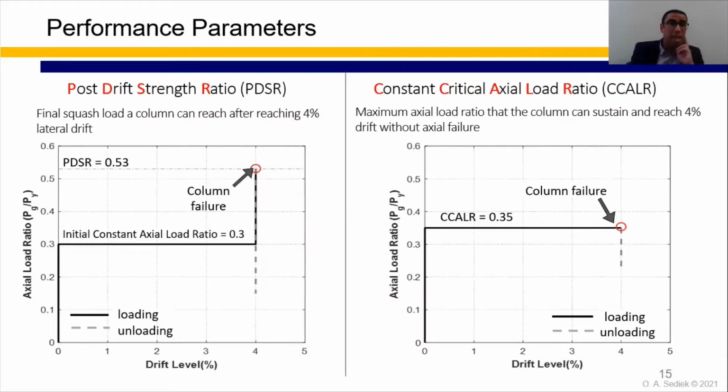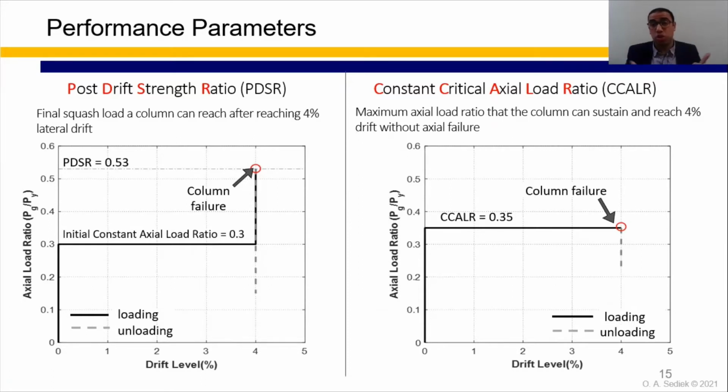So we studied the behavior of HSS columns, or quantified the behavior of HSS columns using 2 performance parameters. The first one is the post-drift strength ratio, or BDSR, which is defined as the final squash load that the column can reach after reaching 4% drift, and it can be used to quantify the axial capacity of exterior columns in special moment frames, because they are usually subjected to